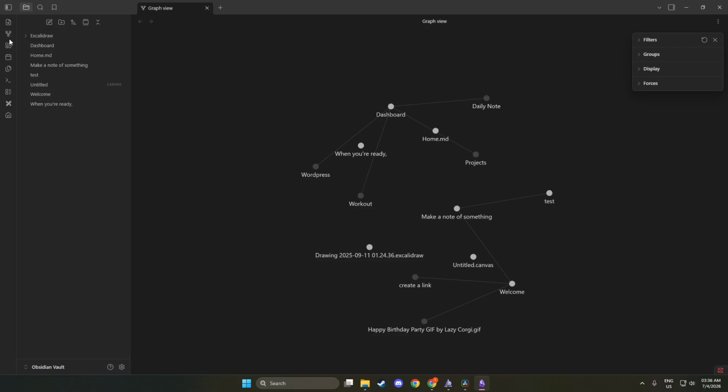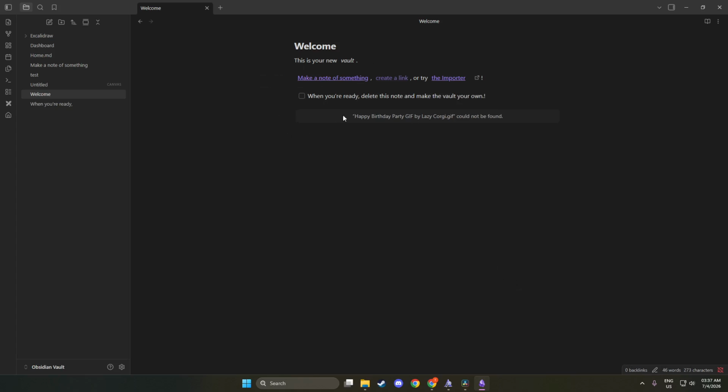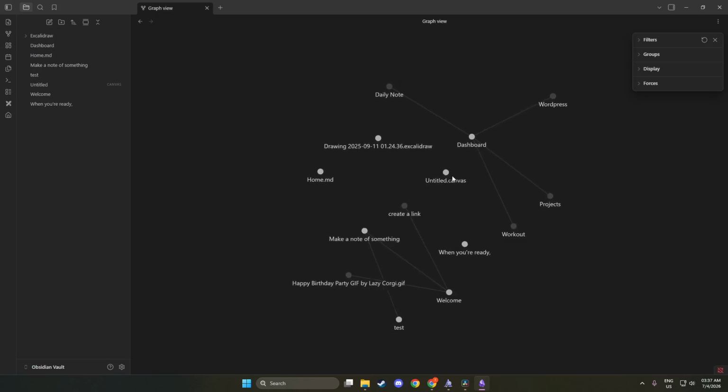Once you open this menu, take a moment to familiarize yourself with the options listed there. From the More Options menu, look for Open Graph View. This is the command that directs Obsidian to display your notes in graph form. Selecting this will bring up the graph view, allowing you to visualize the connections between your notes. This is a critical step because it transforms your text-based notes into a dynamic visual format.